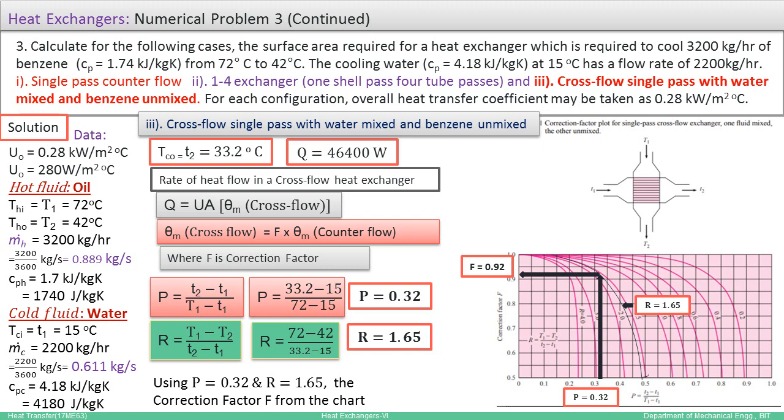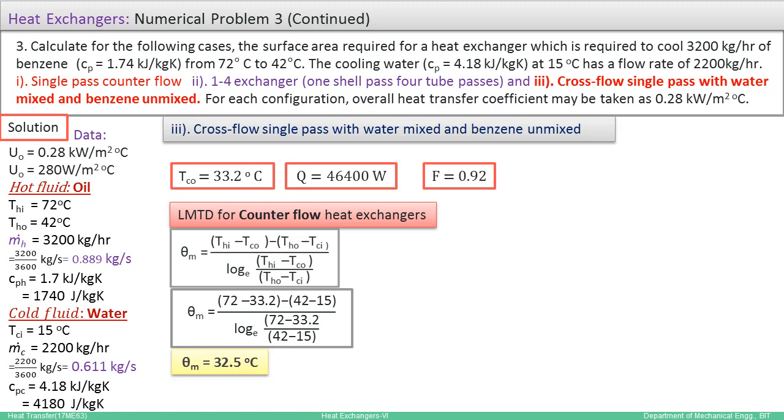So you can observe a change there. For the previous case we got this correction factor as 0.9, but this time we got the correction factor 0.92. So using this correction factor we will find out the corresponding value of A naught.